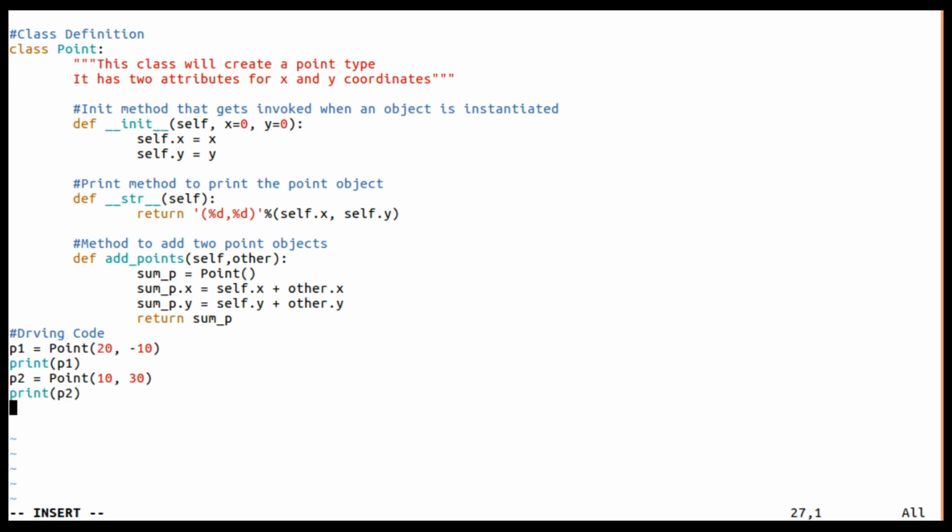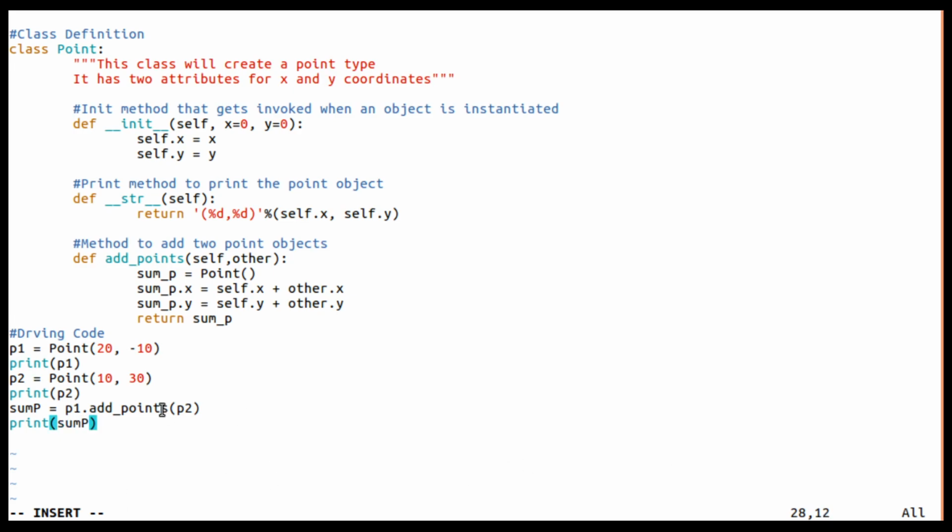Because both are point objects, I can call p1 dot add underscore points, with p2 supplied as an argument, and later print sum of p.